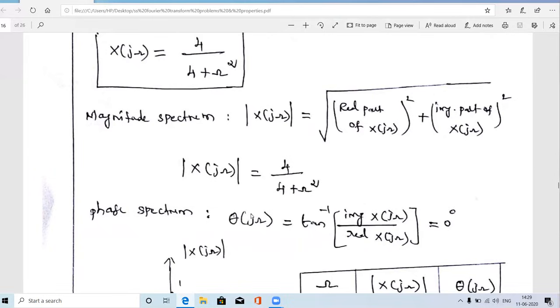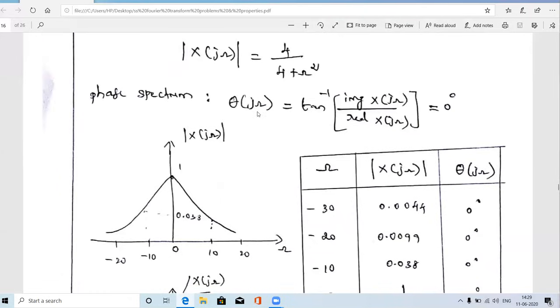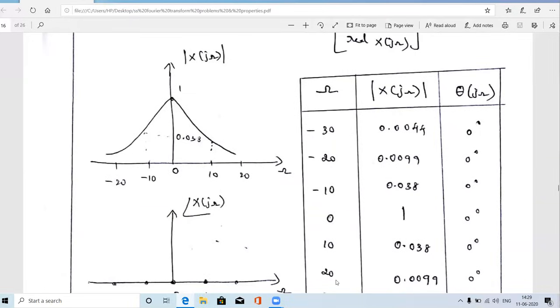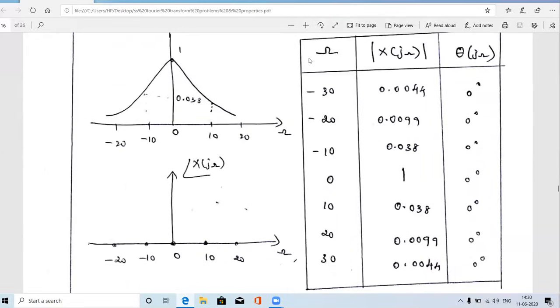Okay. So next, we are going to draw the spectrum graph for the signal. In order to draw the spectrum, first we have to make one table. This table consists of, for various values of omega, the modulus of x of j omega and theta of j omega. So you know the theta of j omega answer is 0 degree for any frequency. So for all omega values, theta of j omega is 0 only. Here we have to take the frequency for different values. So the center frequency we are considering is 0.